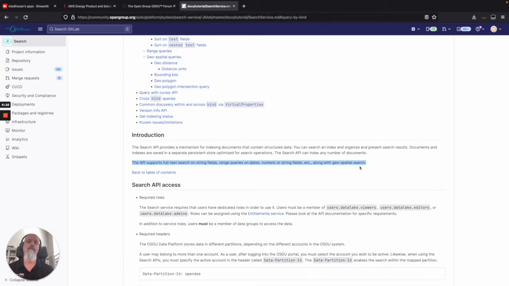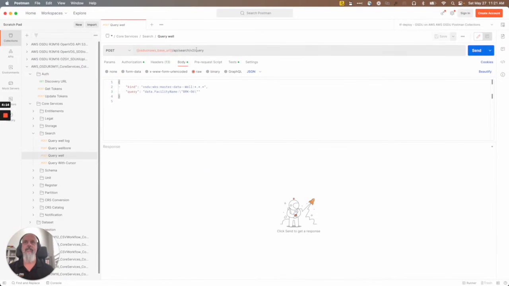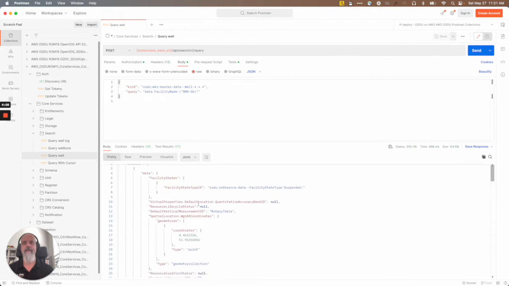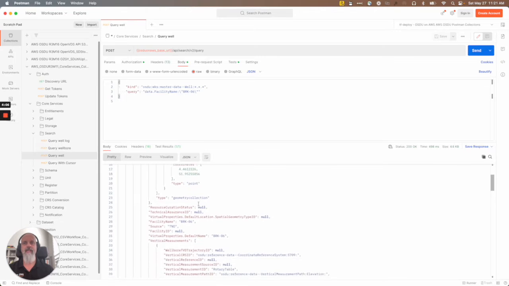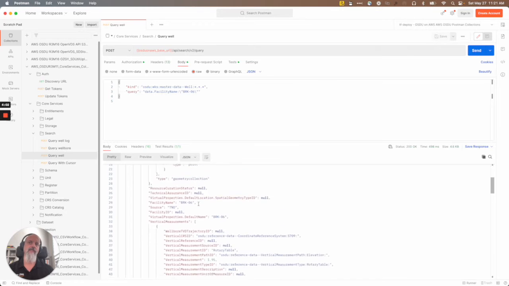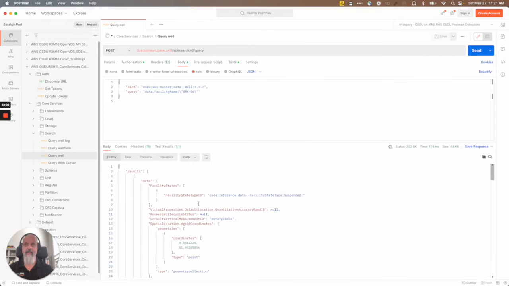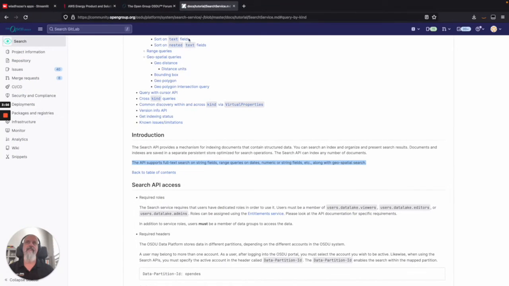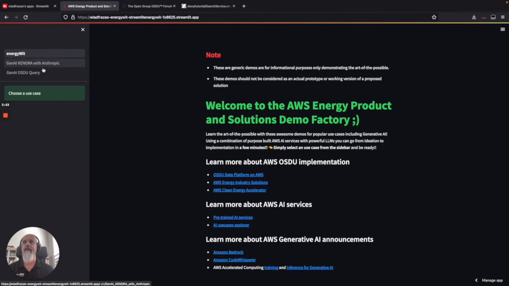So let me show you one traditional way of calling the API, where you just call the API and pass a query for it, and you get the output. If you look at the output here, it might not be as easy to read as some people might want. So there's another way of doing that, which is by using a natural language model-based system. So that's what I'll show you right now.